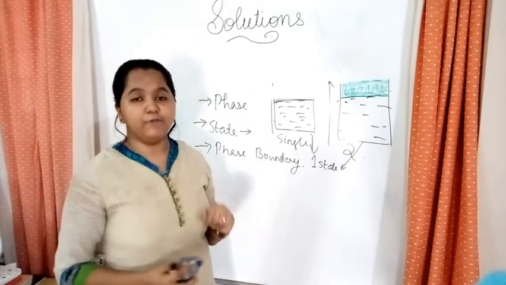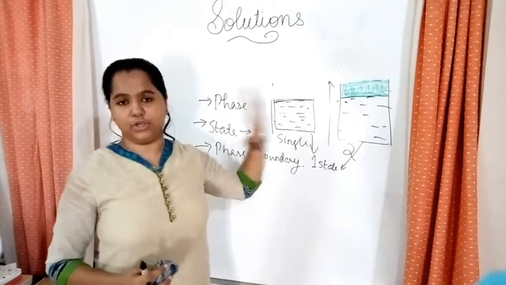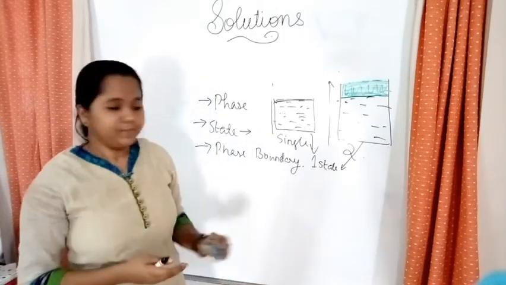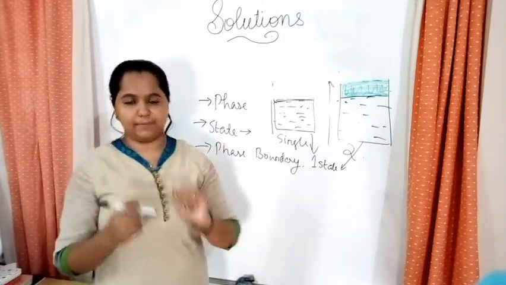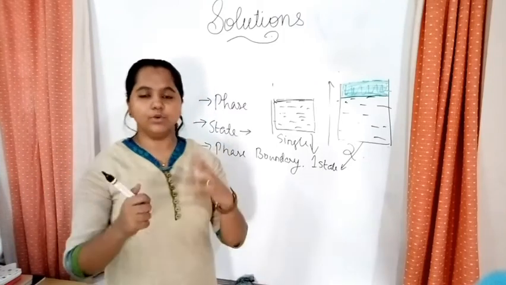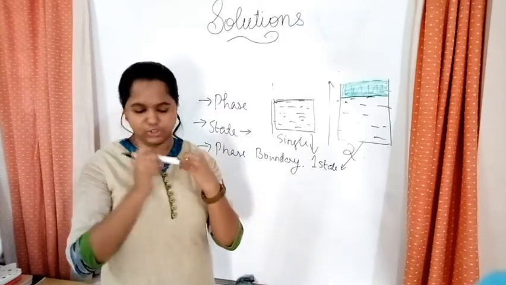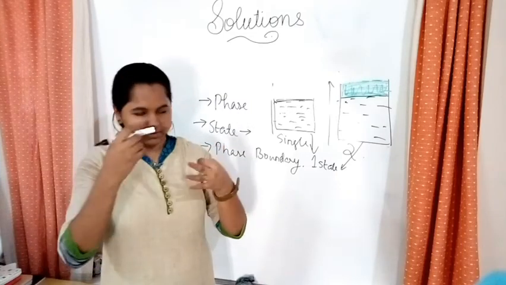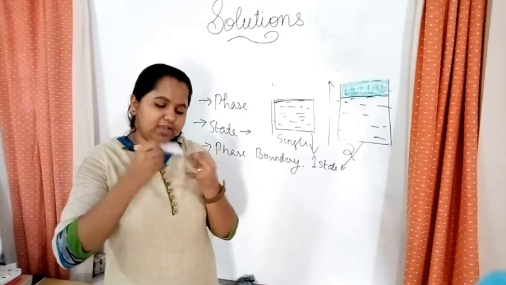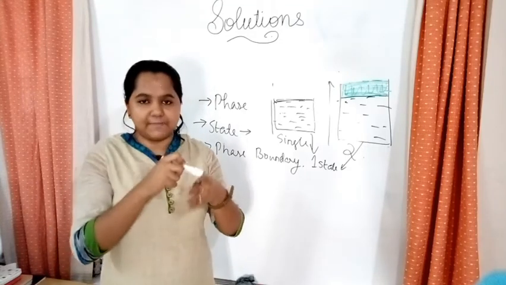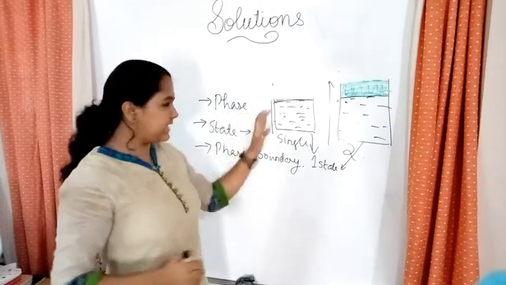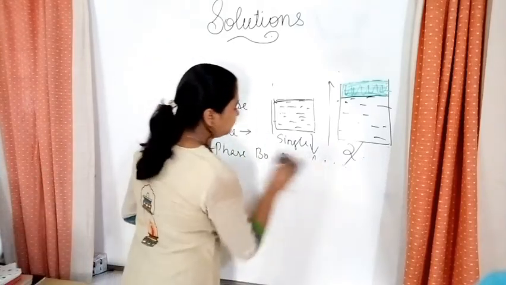So if you ask to make this solution, you don't say you have hydrogen, you have oxygen, you don't say like that. Or if you take, for example, you're making cookies, you only say you take sugar, butter, maida, or wheat, etc. You don't say you take carbon, hydrogen, then carbohydrates, vitamins, minerals. You don't tell like that. You just specify the object. The same way, what is component? Let me write.